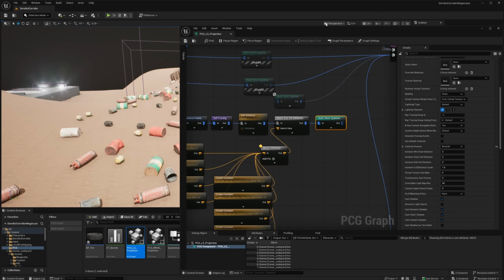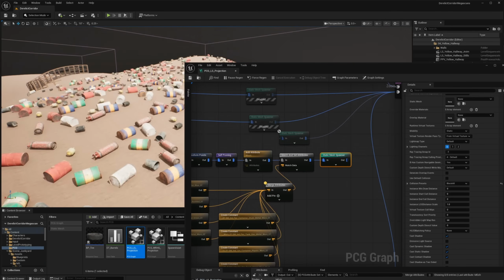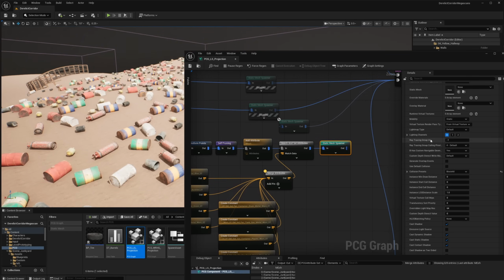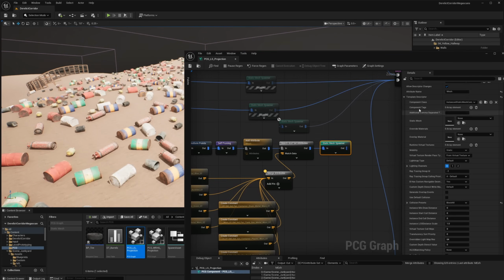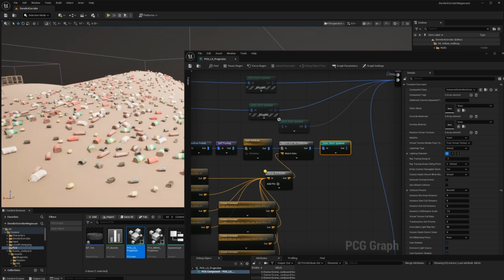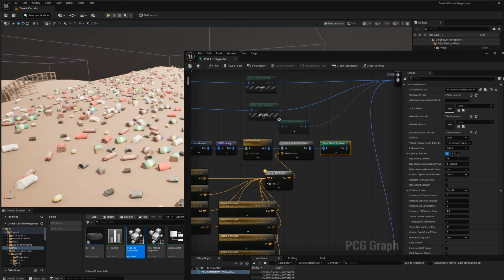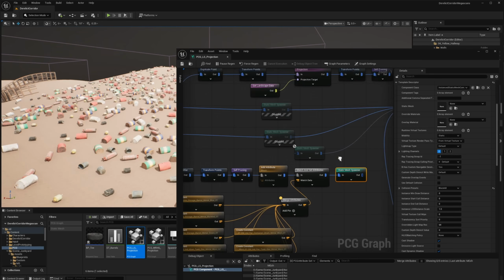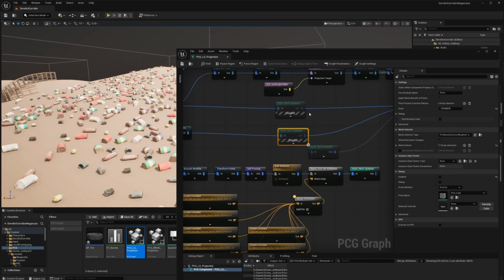Into our static mesh spawner, one other common use for the properties of our static meshes is to set up the start cull distance and end cull distance in order to not be drawing these elements when you're too far away. For example, if I enable the smaller objects from before,